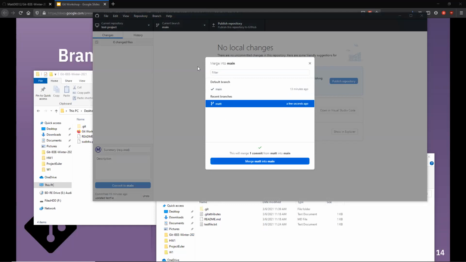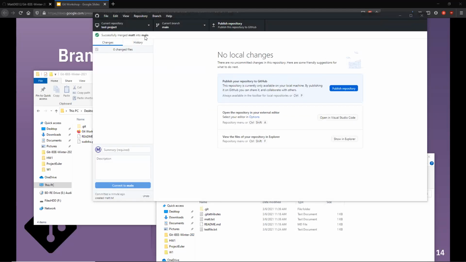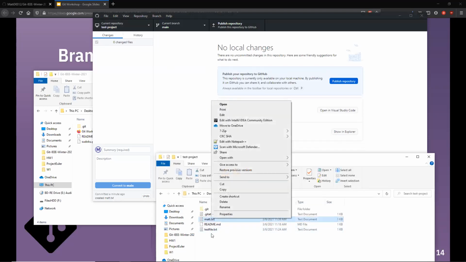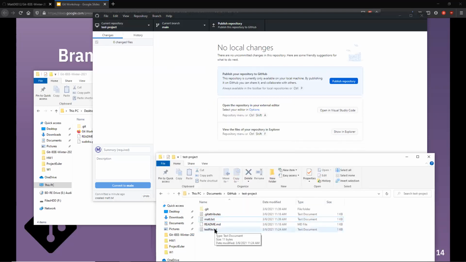So we have the main branch. We want to take the change we just made in mat and put it into main. You'll see that it very helpfully tells us there's one commit we made in mat we want to put onto the main branch. So I'll just choose mat to merge, and merge mat into main is successful. So now we're back on the main branch, and this text file has just appeared. That's obviously a very simple example, just one file, just one commit, but that is all there really is to merging when you're on a local repository like this,